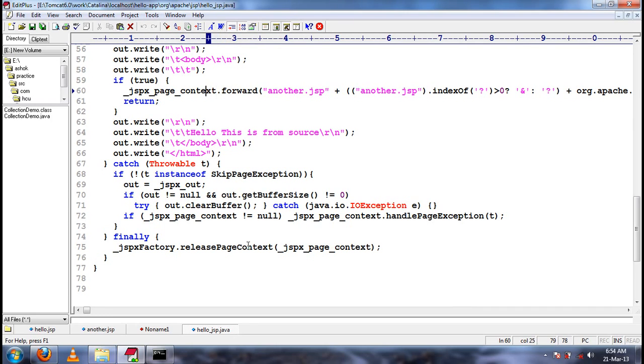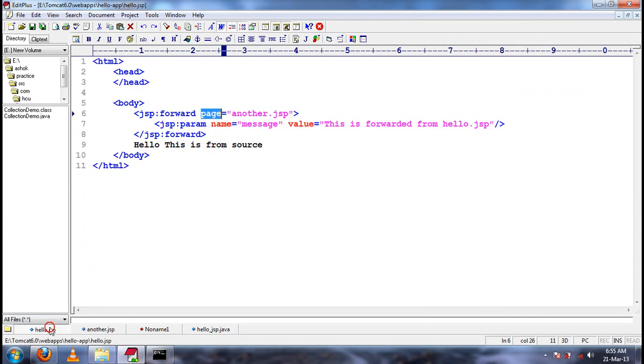The request is being forwarded to another JSP using underscore JSPX page context. This will internally use request dispatcher. So the request dispatcher mechanism is used to forward a request from one JSP to another JSP using the action